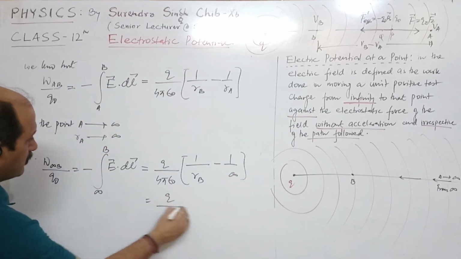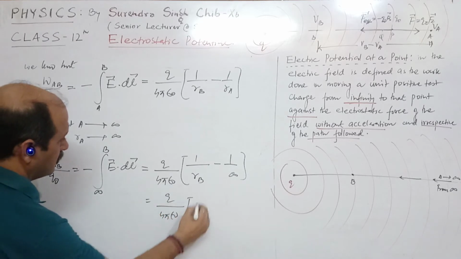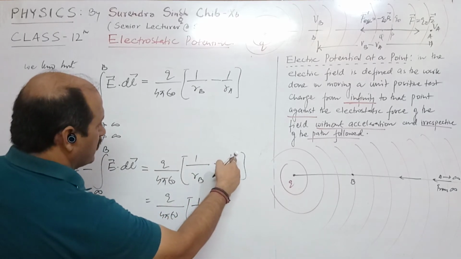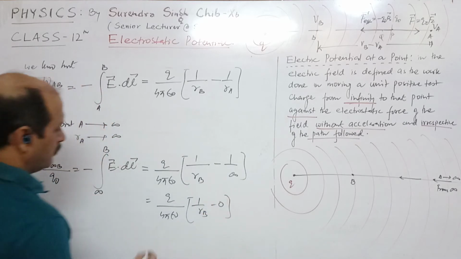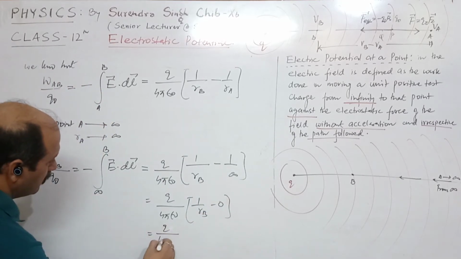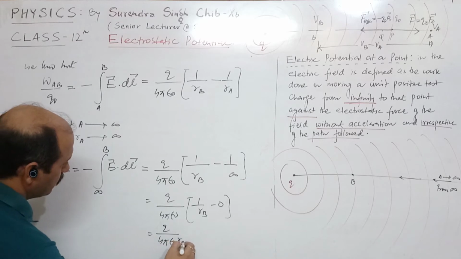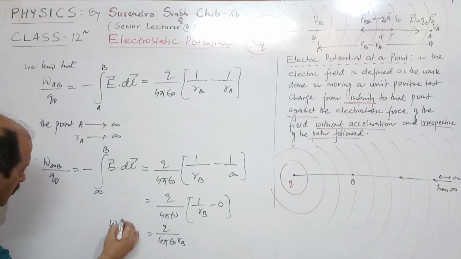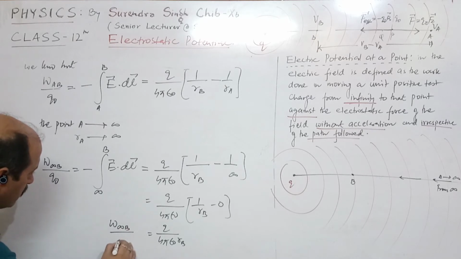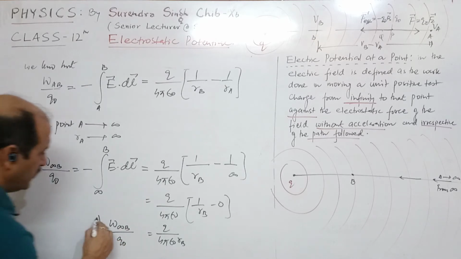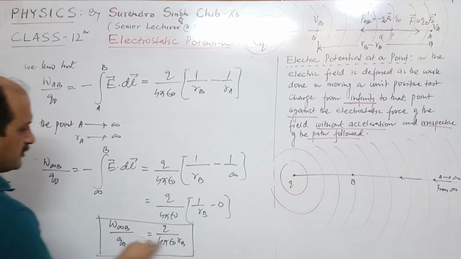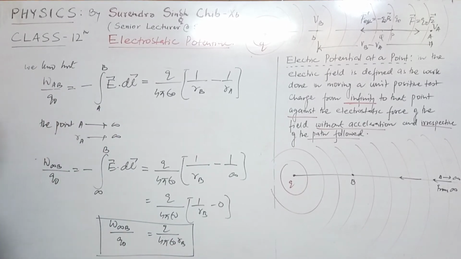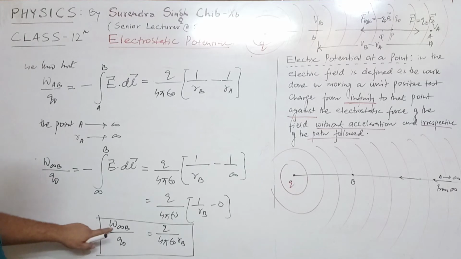And what do you got? You will get 1 upon RB. What is 1 upon infinity? It is 0. So what is the expression here? It's Q upon 4 pi epsilon naught RB. And what is this? This is work done in bringing a test charge from infinity to B. This is the formula. See here. Abbreviations speak for themselves. खुद ही बताते हैं क्या है? What does it mean? It means work done in bringing this test charge from infinity to point B,